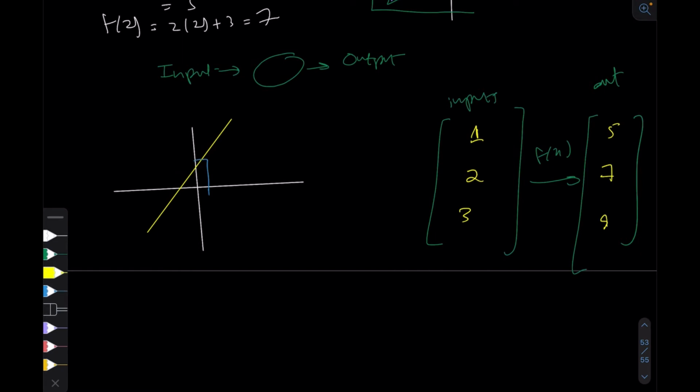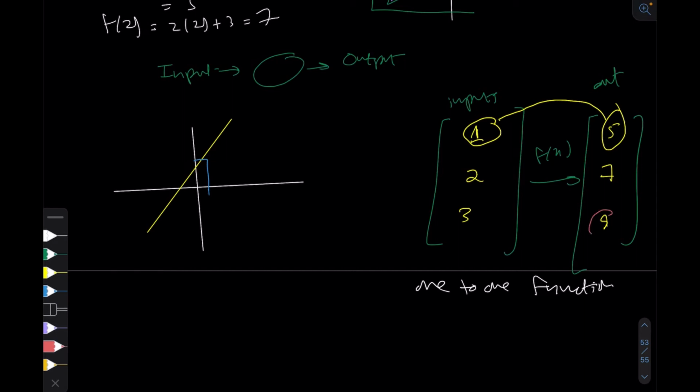And such a function, whose output has only one unique input to it, we call a one-to-one function. What this means is that if you have this output 9, 9 can only be achieved when you input 3 into it and no other value. Let me draw the arrow going towards there. There won't be any other value x which, if you input into the function, will also give you 9. So basically, it is a one-to-one function